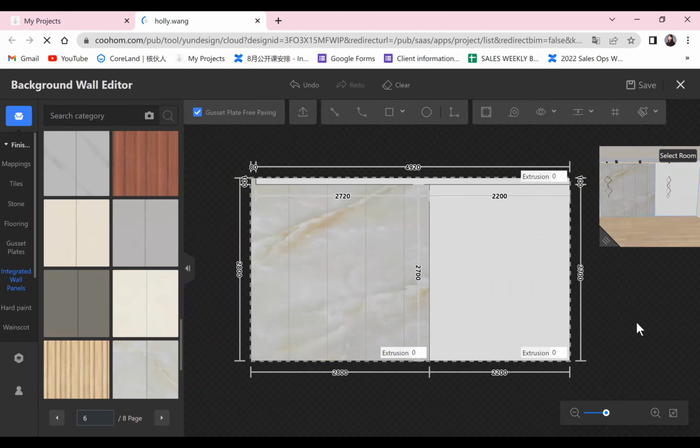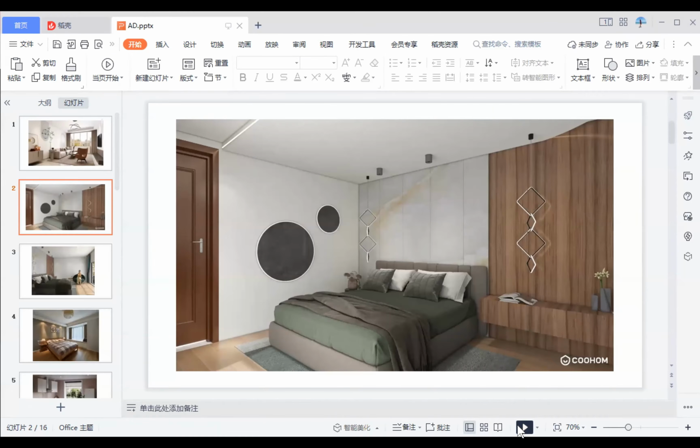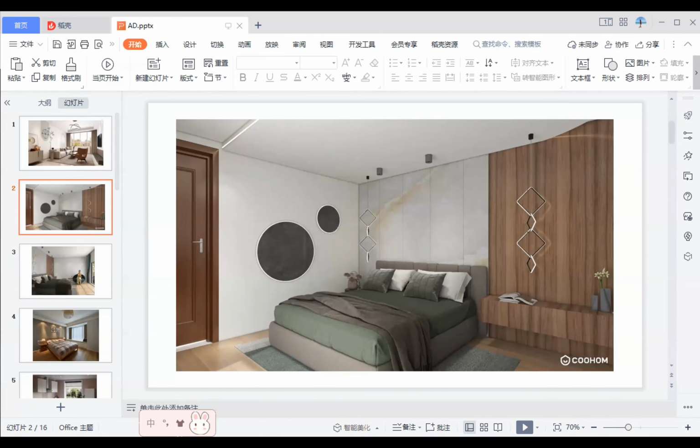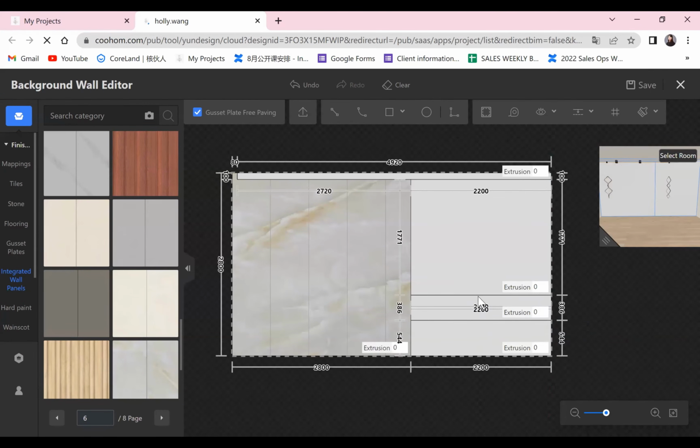And for the other part, I think the only difficult part is to get this little counter, right? And then we can just try to find the wood veneer to apply on the surface of it. All right, so let's see. For this one, we will first draw the shape. I will also use a rectangle. So this is a counter, and you can adjust the position,